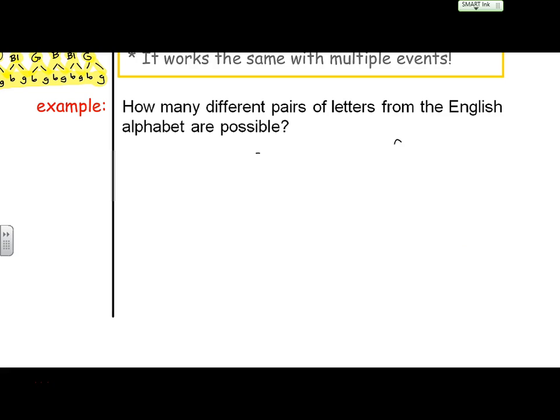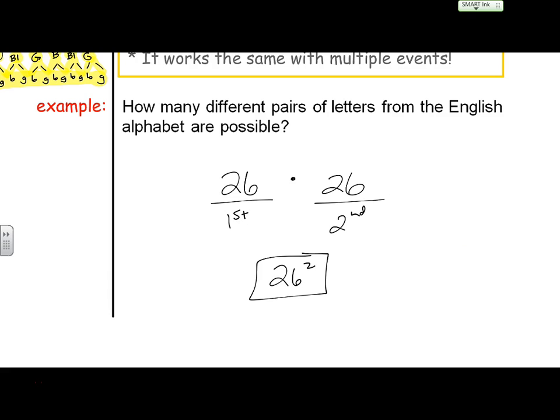If each of the 26 letters have 26 different possible second letters, then how could I do this? Oh, easy. Just say how many options for the first letter times how many options for the second letter. 26 times 26, there was no crazy complicated flowchart thing that we had to make. Our final answer is, can we just cheat and say 26 squared? Yay! 26 squared different pairs